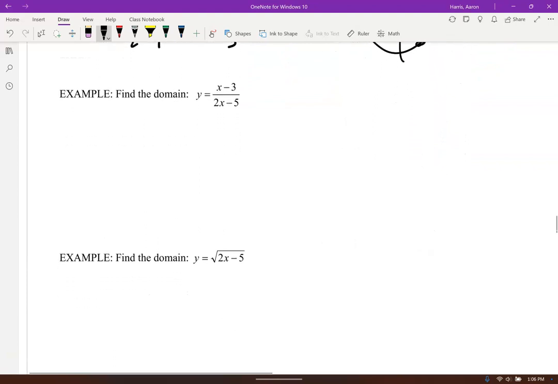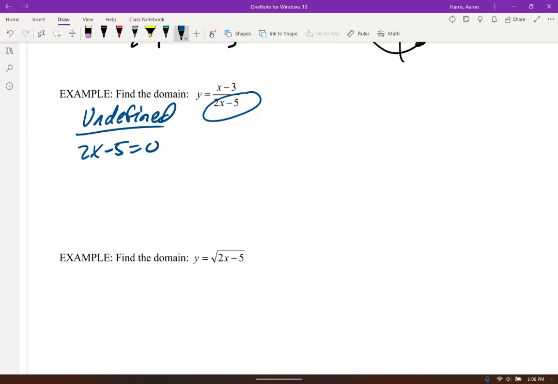Now this one can be problematic because I have a denominator. Now we know we cannot divide by 0, right? So where am I undefined? Well, anywhere where the denominator is 0. Well, let's solve for x. Let's add 5 to both sides and divide by 2. So I know x cannot be 5 halves. So if I plug 5 halves in, I get